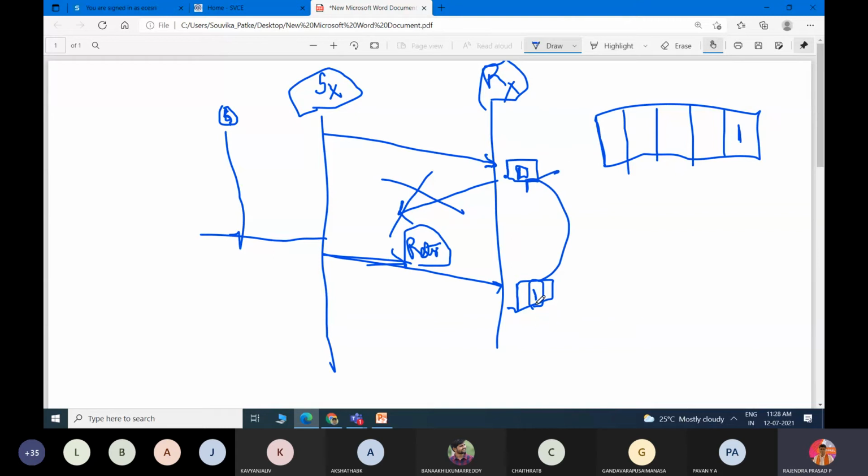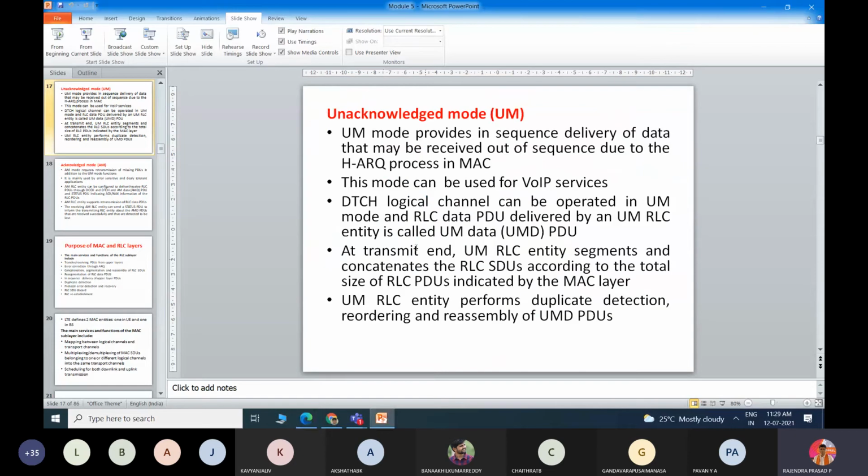Whether it will go and sit here, it will not sit here. It will be sitting in this location only. So it is overwriting. This is an example of what we do in copy and save kind of thing.